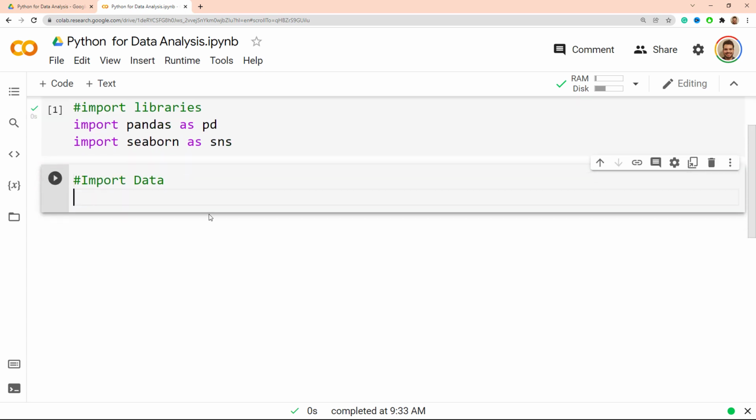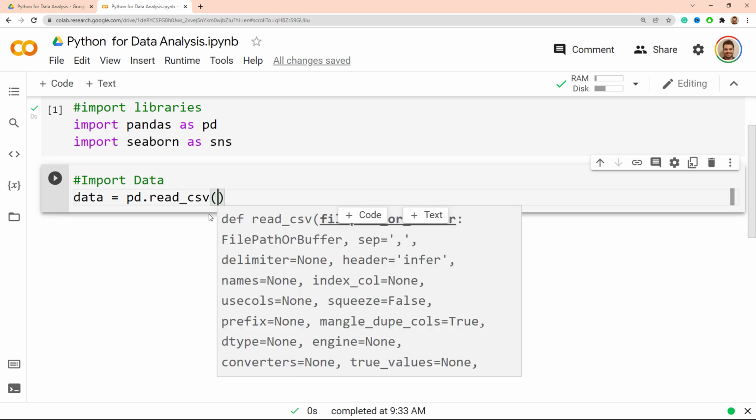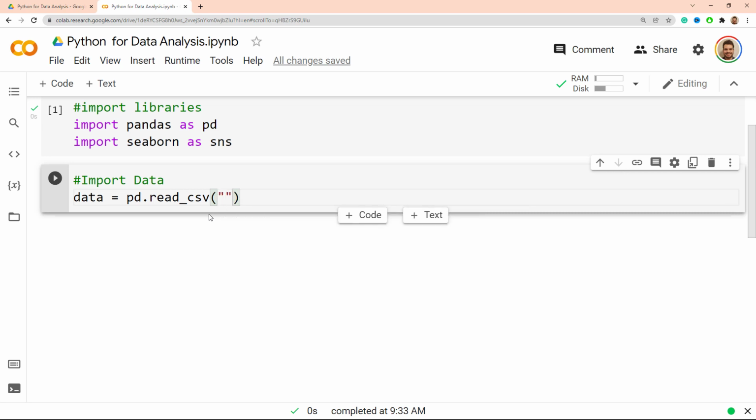Then we need to import data. So I'm going to call it data. And now I need a function to import the data. So I use pandas and then read underscore csv, open parentheses. To make it easier for you to follow me, I have put our data set on the web, meaning that I've created a short link for you to just use. So if you do follow me, you put in quotes